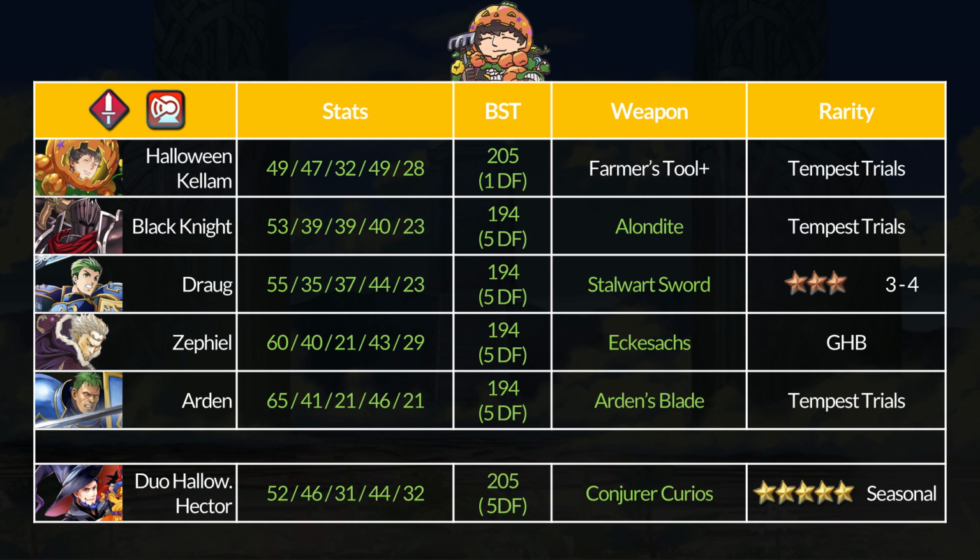If you want to go for pure tank, we have some hilariously min-max slow options with Zephiel and Arden. While normal army units nowadays may throw points into resistance to balance out their stats, these two have exceptionally high HP stats. Zephiel may be better for magic tanking, but Arden goes full force into physical tanking. These two have the highest base HP stats in the game, so if you like funny big numbers, there you